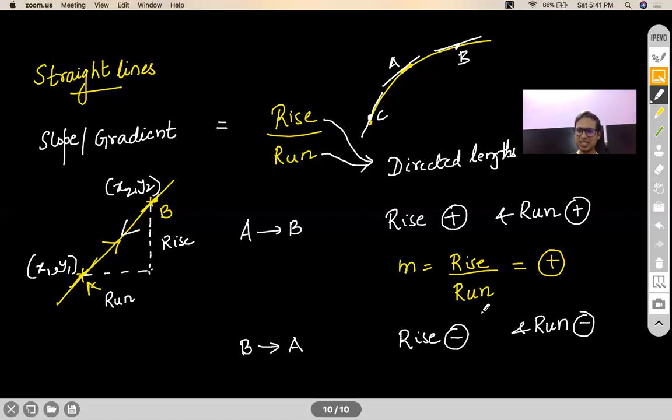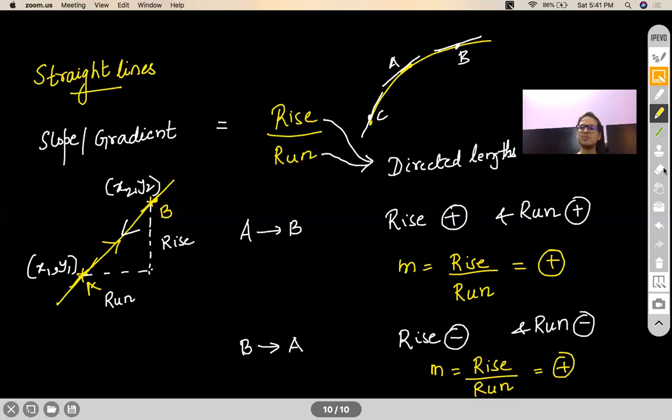So the ratio here will still be the same value as I was talking about. It doesn't matter on a line whether you are moving from left to right or right to left, or you're moving from A to B or B to A. This ratio will always be a fixed quantity for that particular line. For that particular line, slope will always be fixed, no matter which 2 points you're moving between and no matter which direction you are moving.